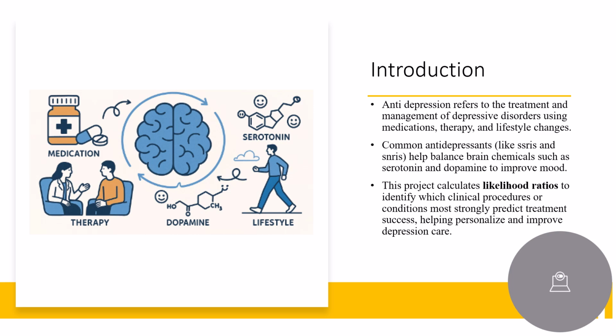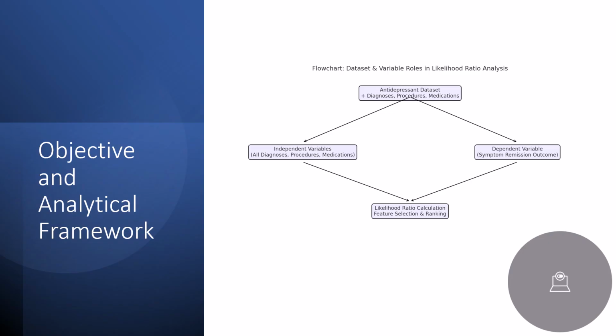The purpose of our project is to identify which chemicals, procedures, or conditions are most predictive of successful treatment outcomes. To do this, we use a statistical method called likelihood ratio analysis. This allows us to rank and highlight the most influential predictors of symptom remission, helping clinicians better personalize care for individuals with depression. In this project, we used a comprehensive dataset that combines antidepressant treatment history with clinical